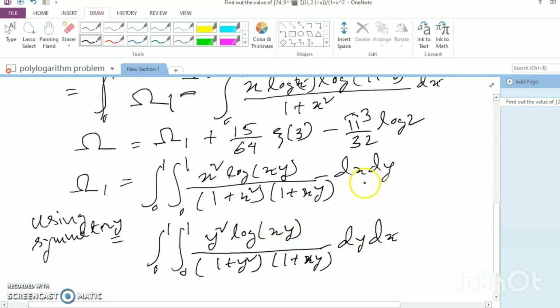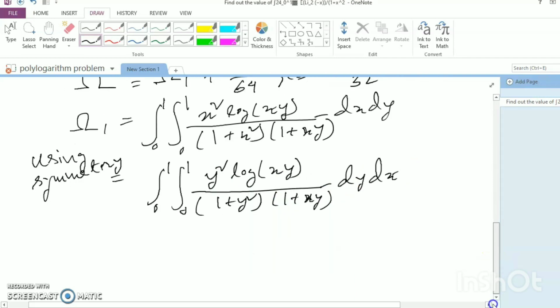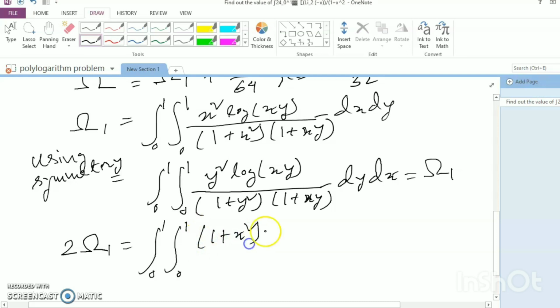The order, okay, dx dy and dy dx. Next friends, next I can write this 2 omega 1, because I add this, it is also omega 1. So omega 1 plus omega 1, 2 omega 1, can be written as 0 to 1 and 0 to 1, 1 plus x square